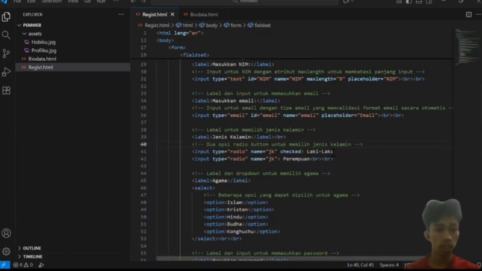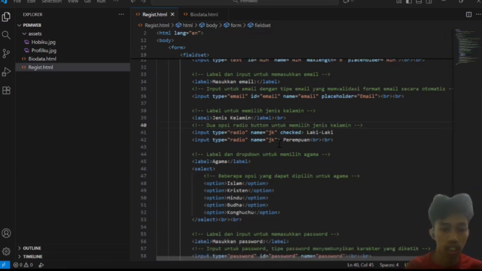For the email field, type email is used so the browser automatically validates the correct email format. Then type radio is used to create a single selection option, such as choosing a gender.